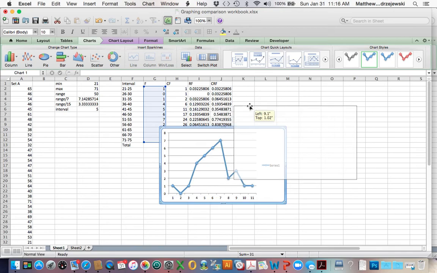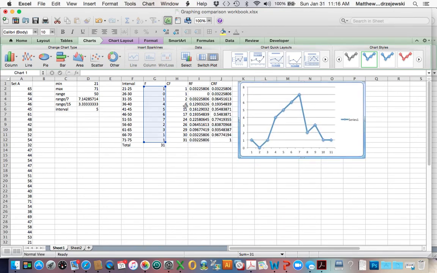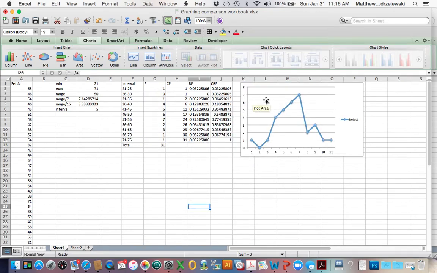That is a frequency distribution of this particular set of scores. And you can see it's sort of hump-shaped. It's centered around whatever this interval is, and we can beautify this a little bit. We can change